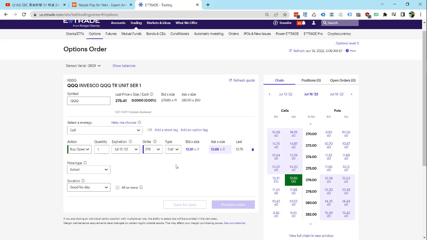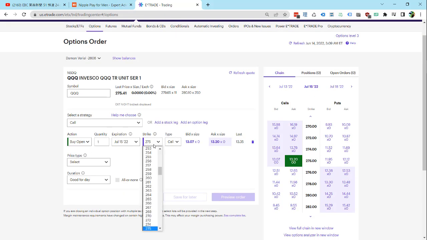So if you don't know what strike price you want, generally I recommend you stick with something at the money, which is basically going to be either the next dollar above the last price or the next dollar below it. So I would say both of these, 275 and the 276 strikes, both are considered at the money strike prices. Type call,